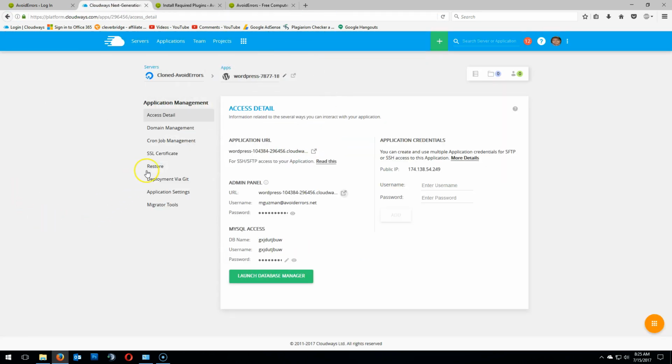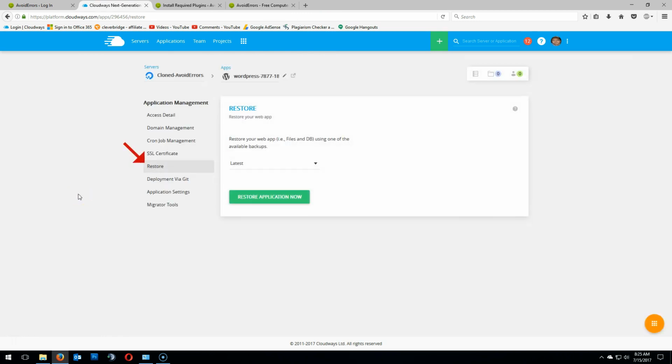Now, another thing I like about it is the restore in case your website gets corrupted or something. This doesn't back up a little file like any other website. This actually saves an image of your current website. So it creates a daily image. So if something goes wrong, you can always go back and restore your server, your application, to how it was